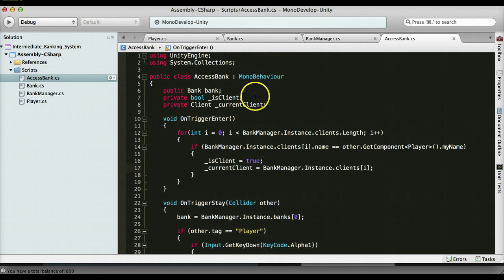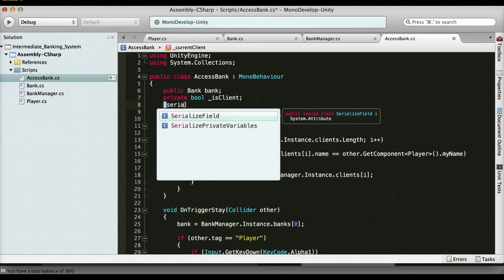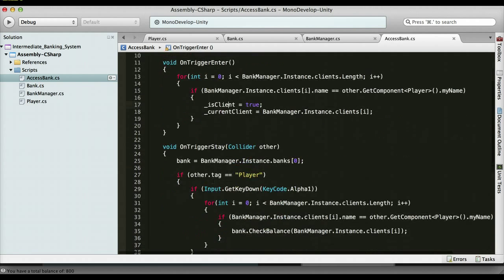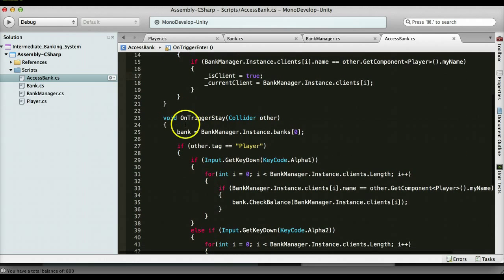All right, and I'm going to go ahead and make this a serialized field. If I do that over a private variable, you'll see it in the inspector, just so we can see it work. So here we go. We have our current client, and here we're doing that is client equals true. Then now what I can do here is I can say,